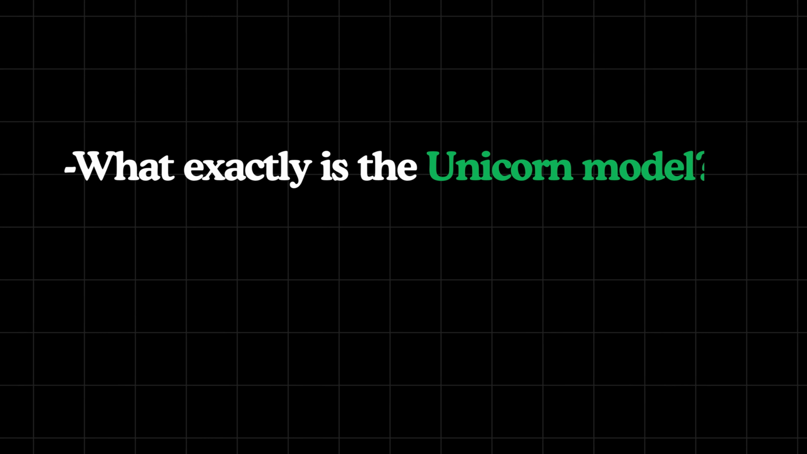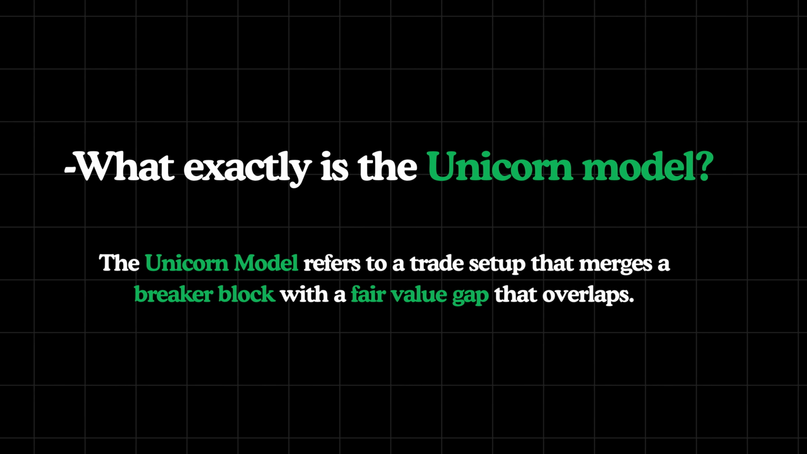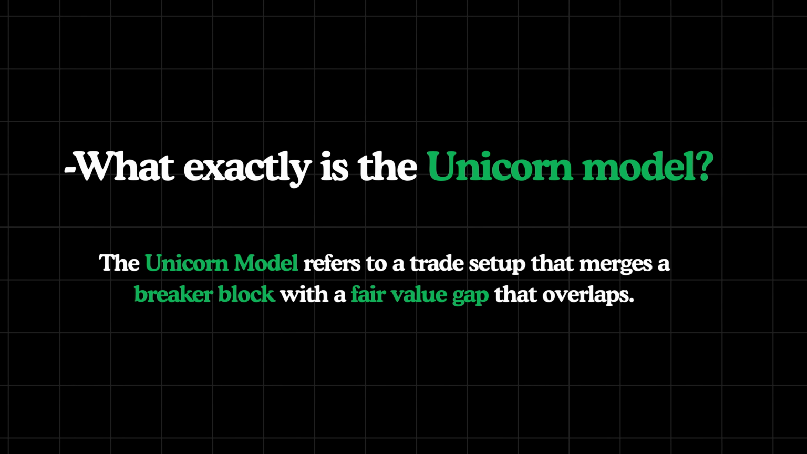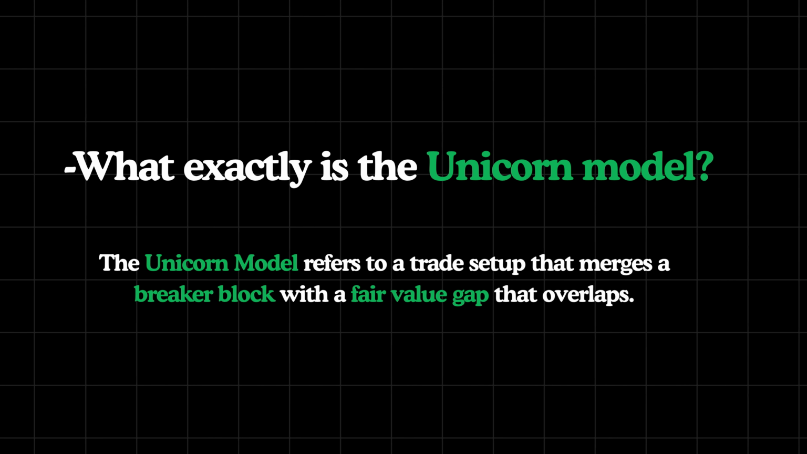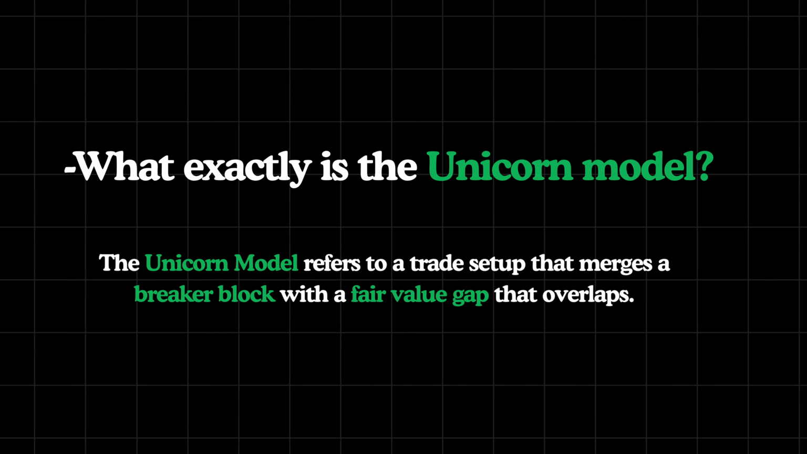So what exactly is the unicorn model? The unicorn model refers to a trade setup that merges a breaker block with a fair value gap that overlaps. Now, before we get into the specifics of how this model works, let me quickly break down both of these concepts. A breaker block is an invalidated order block that shifts into a newly formed supply or demand zone on